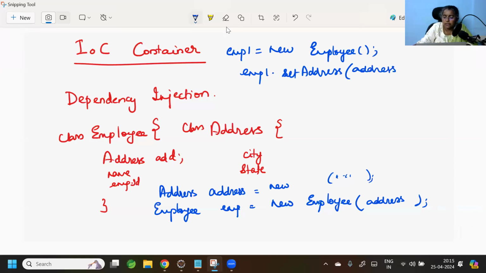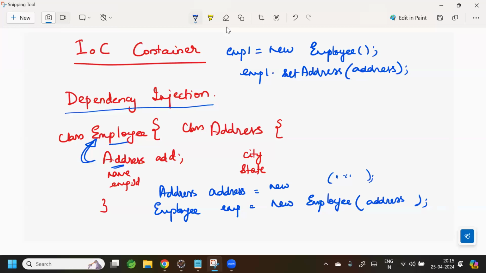So guys, if you are working in a Java application, as a Java developer, it is your duty that you need to perform this operation. But if you are going to use a framework like Spring, it is reducing this work. It uses the concept of dependency injection. If a class has a dependency of another class, whatever dependencies are needed, it will be automatically injected. Okay, so in case of employee depends on address,